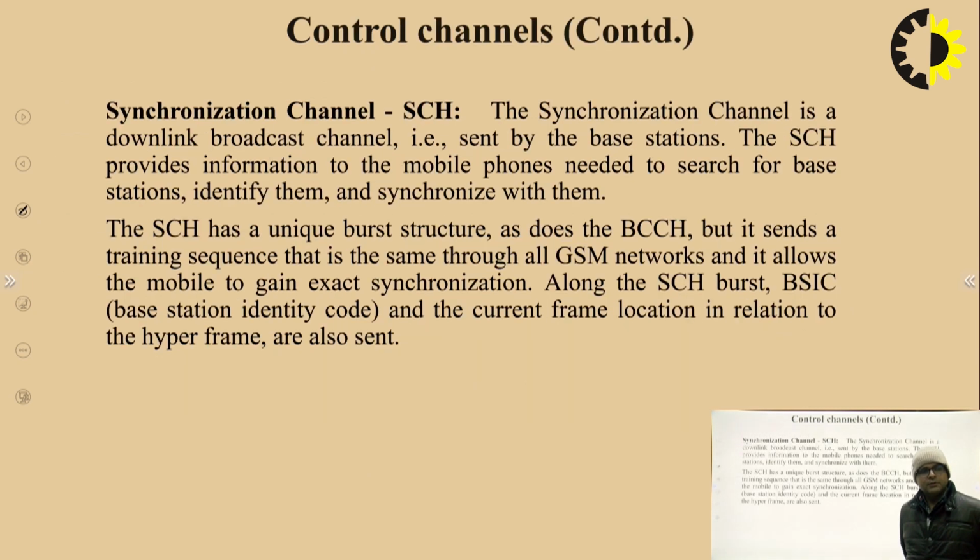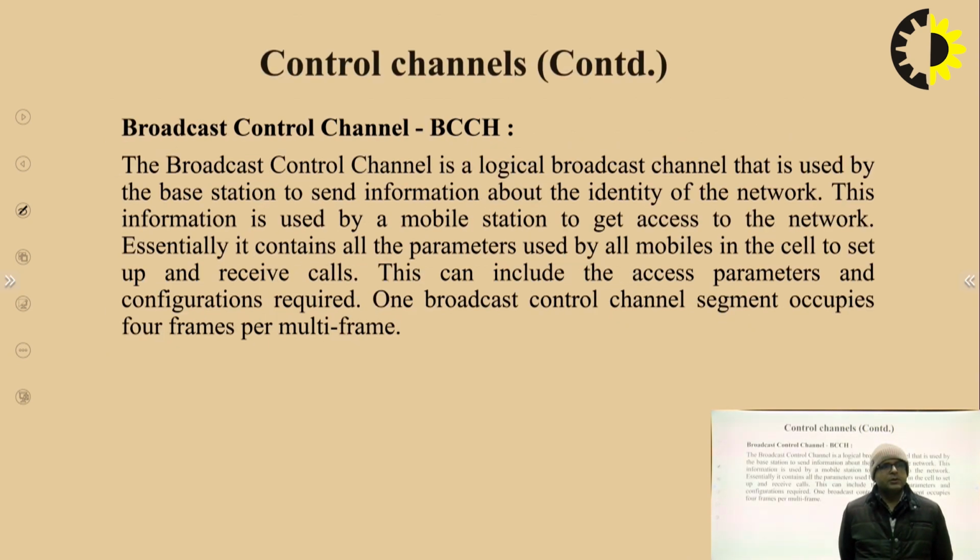The next classification is the synchronization channel. The synchronization channel is a downlink broadcast channel, and it is sent by the base station. The synchronization information is provided by this channel, and the mobile phone uses this information for base station identification and to synchronize themselves with the base station. Next is the broadcast control channel. The broadcast control channel is a logical